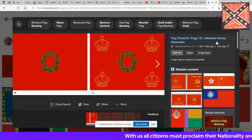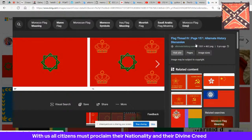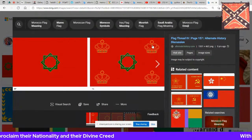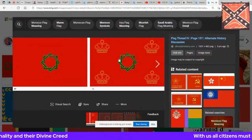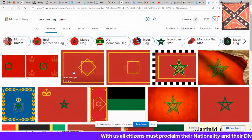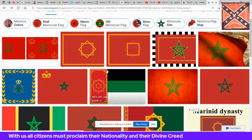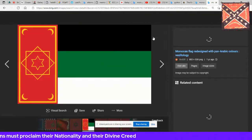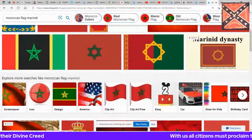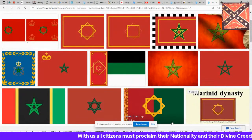Yeah, that's the 8. That's the 8 point. Then it had a 6 point too. So yeah, that's like the golden one though. You know, they usually have the one on the golden one. I think that's on the Ottoman flag. Ottoman Empire flag. Yeah, this is the Marinade Empire or the Marinade Dynasty. My fault, the Marinade dynasty. Yeah, look at this. They playing games. But so you can see that there's an 8-pointed history of Moors with the red and